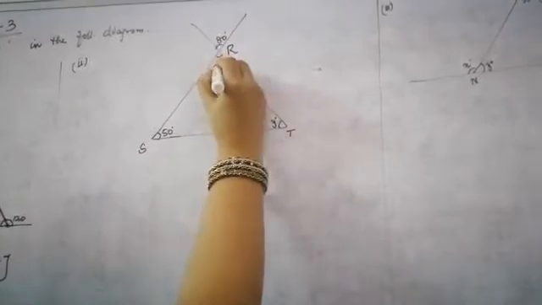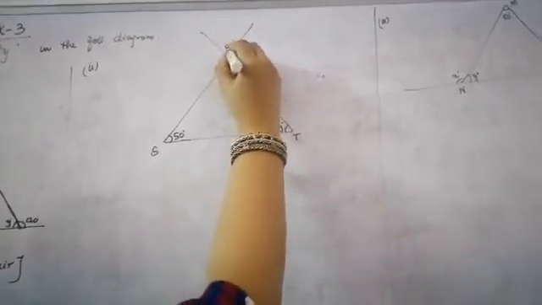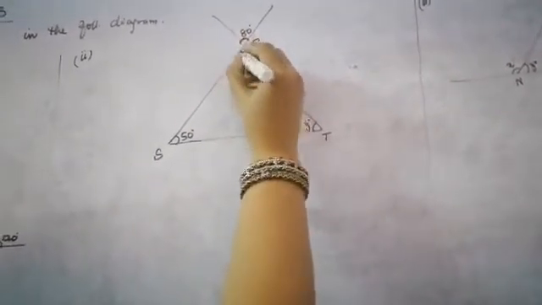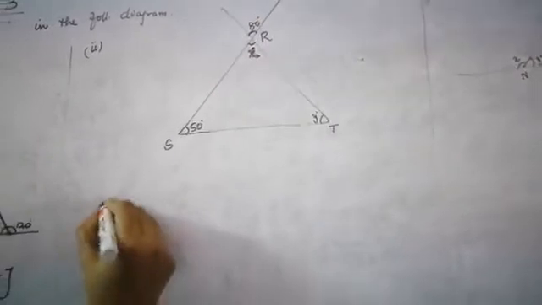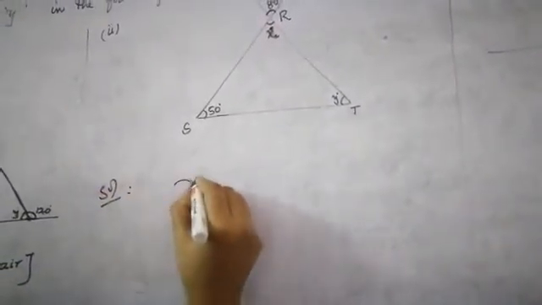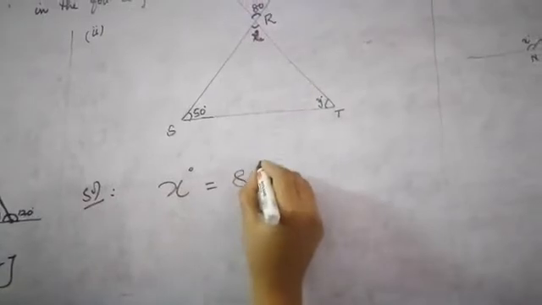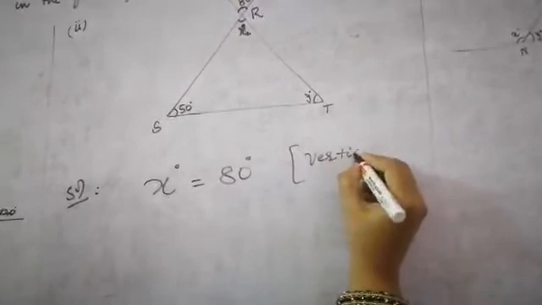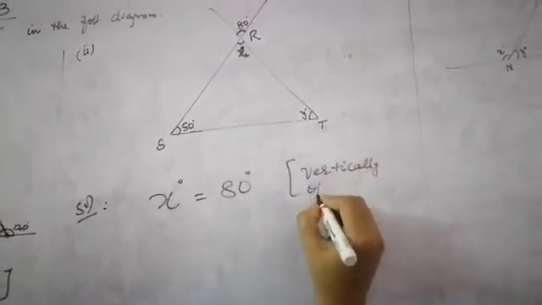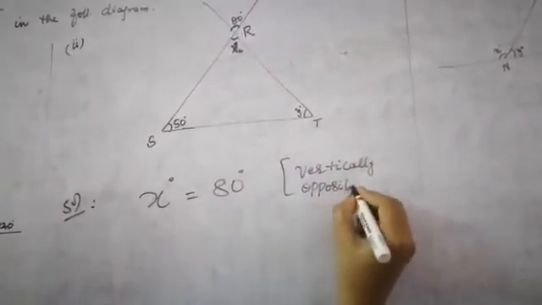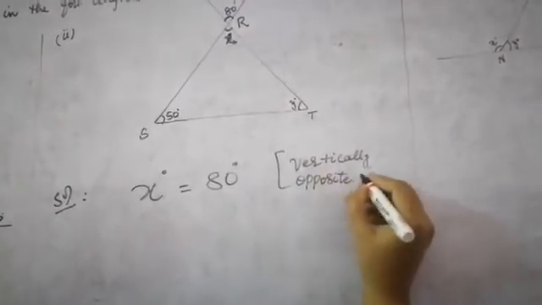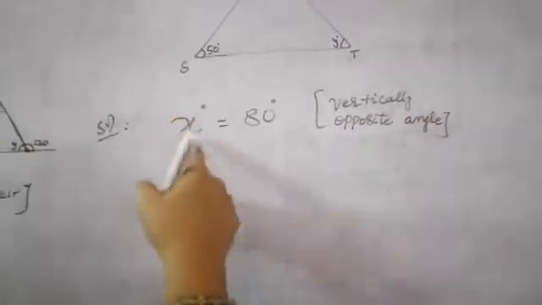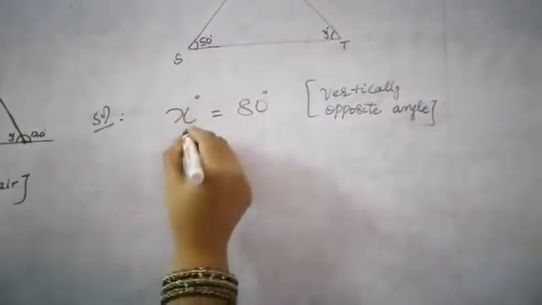Observe the figure and then start first. Triangle is there, but in that triangle you have x as 80 degrees. Why is x equal to 80 degrees? Because they are vertically opposite angles. So solution, directly we got x as 80 degrees. Why? Because x is vertically opposite angle to 80 degrees. So they are equal. Vertically opposite angles are equal, na? You have to write the reason, children. Otherwise you will not get marks. So x is equal to 80 degrees.